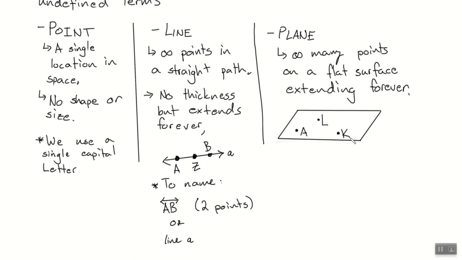So there are 2 ways that we can name these. You can do this, and I'm just going to put this here, same convention. 3 points, and they have to be non-collinear. They cannot be on a straight line. So, what are the 3 non-collinear points on this plane right now? Plane ALK. Order doesn't matter. If I add a new point up here, and we'll call it M, I'm not certain because I didn't do it perfectly, but do you think AMK would be a good name for that plane now?